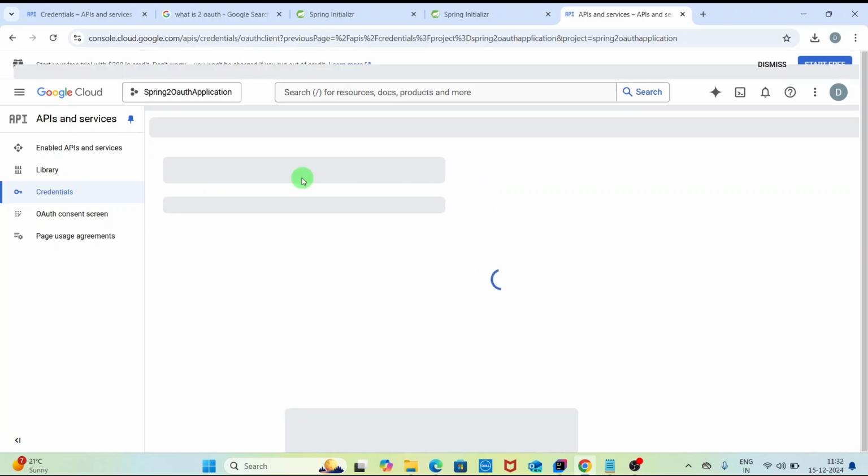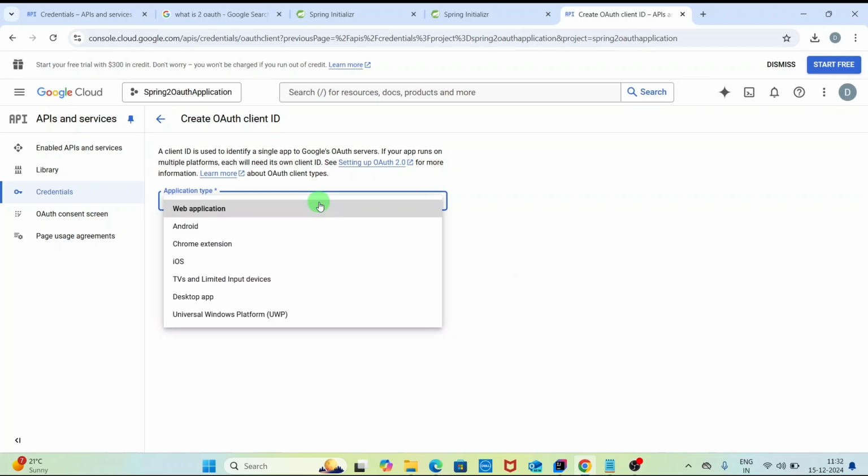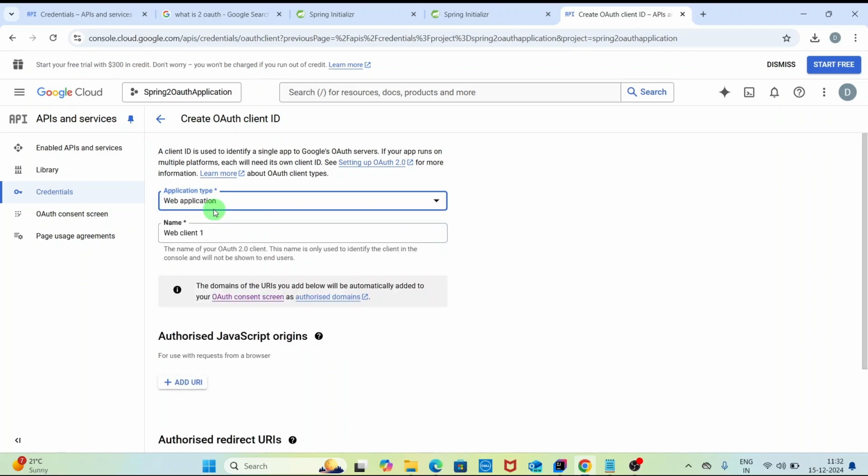It will give one pop-up. What type of application do you want to create? I am creating a web application, so I have decided to select web application, then provide the name. Once more, what was the application name? Spring to OAuth application. Okay,